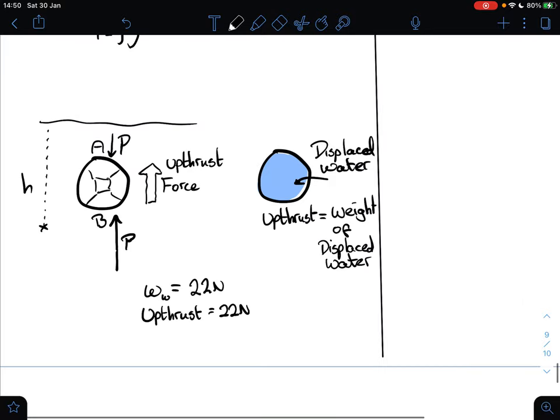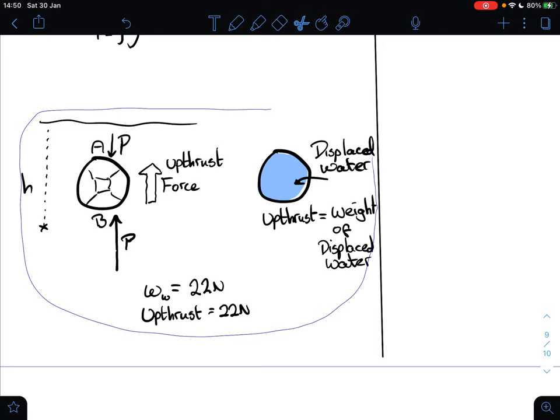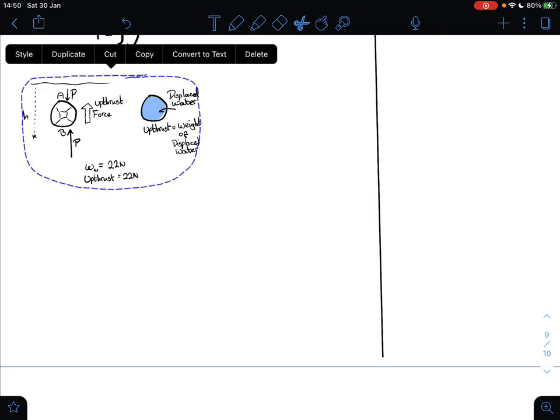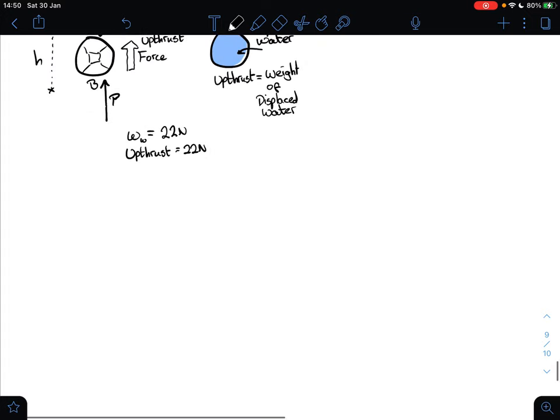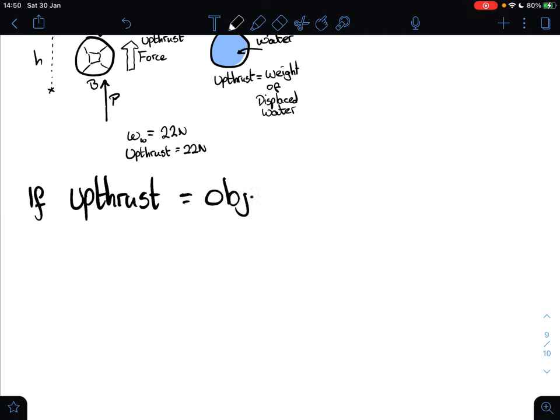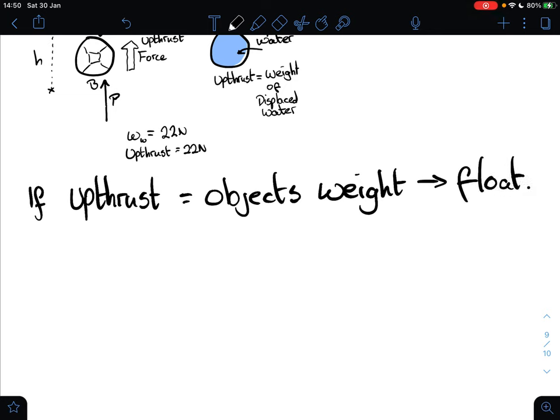Now, what about things that float? So, for things to float, we need them to be balanced. So I'm just going to grab that, put them over here. So, we can say, if upthrust is equal to the object's weight, then we will get a floater. It will float. But if it's not, if the upthrust is less than,